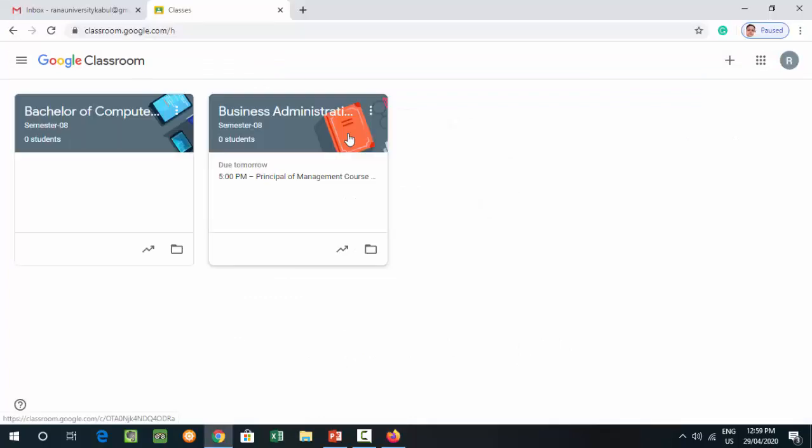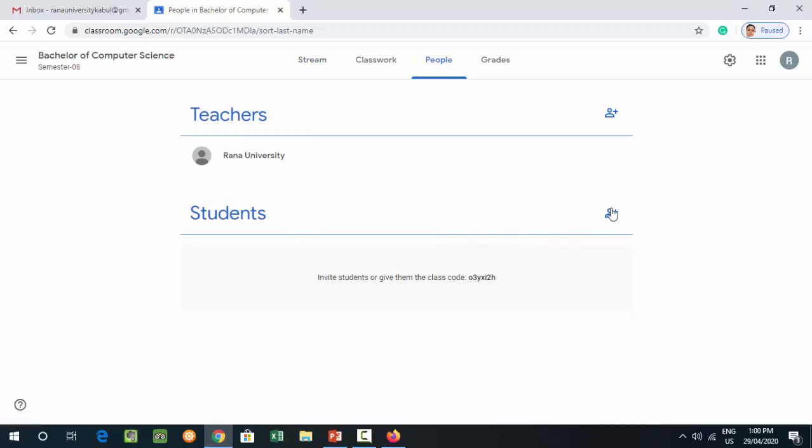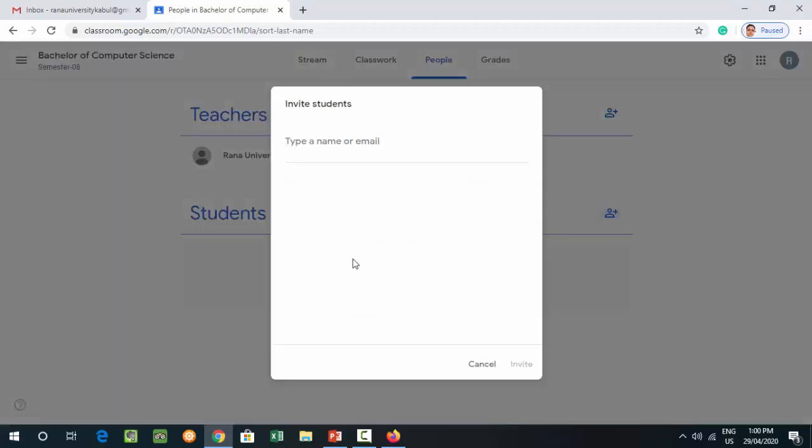Now you will see in the teacher panel also, the teacher will come to know that the student has deleted himself from this class, because the student count has become 0 again. It means that the student automatically deleted this particular class from his dashboard. If he wants to join this class again, you need to go to the Bachelor of Computer Science class, go to the People section, and add him again in this particular place so that he can be a part of your class once again. So in this way a teacher can control all the activity of a particular student, and he can remove or add him with the help of the code and with the help of a proper email invitation also.